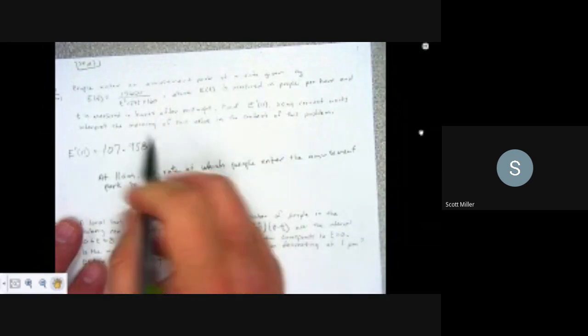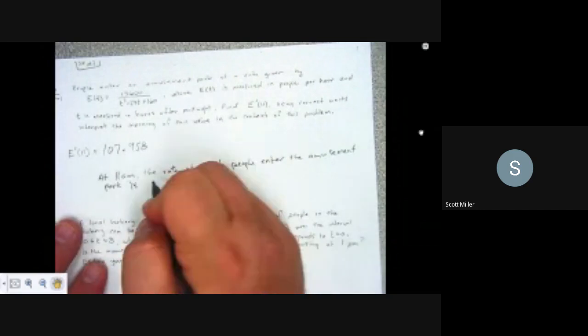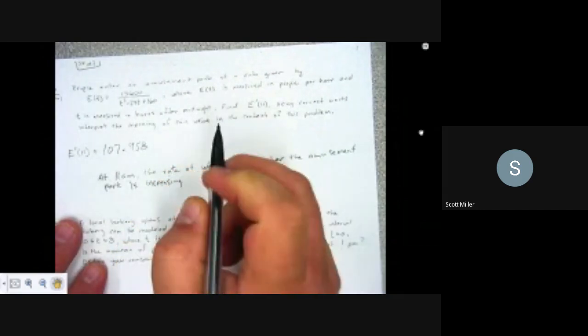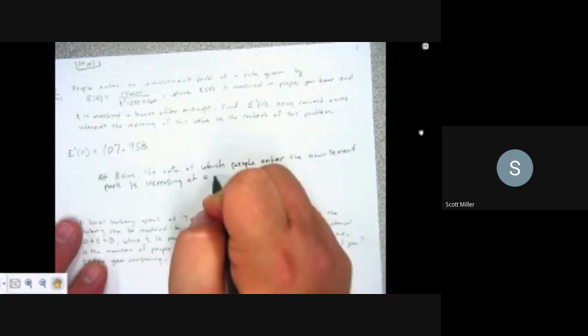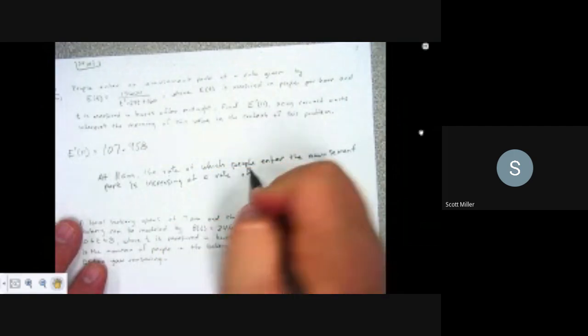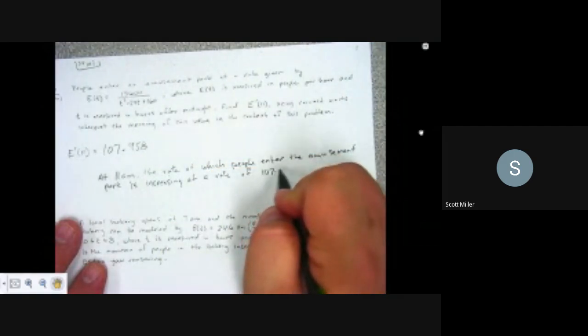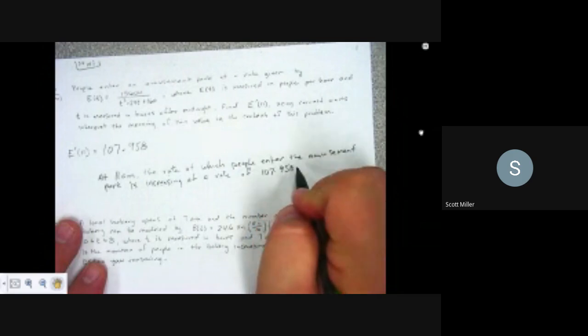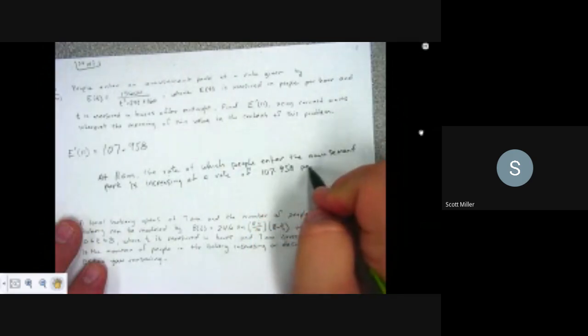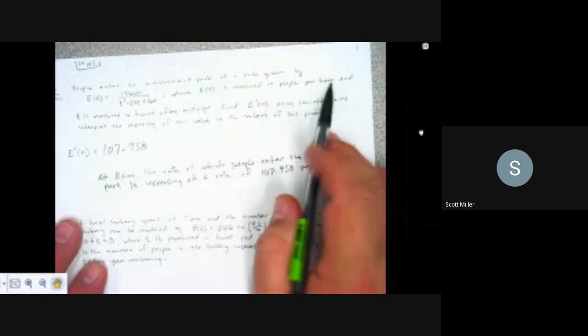And what is it doing? Because this number is 107 positive, it is increasing at a rate of 107.958 people per hour, because that was the units of E, people per hour,